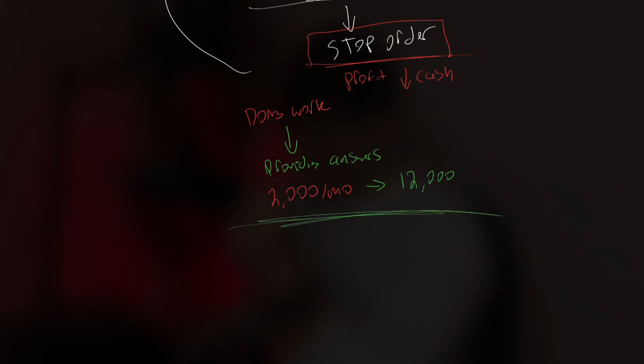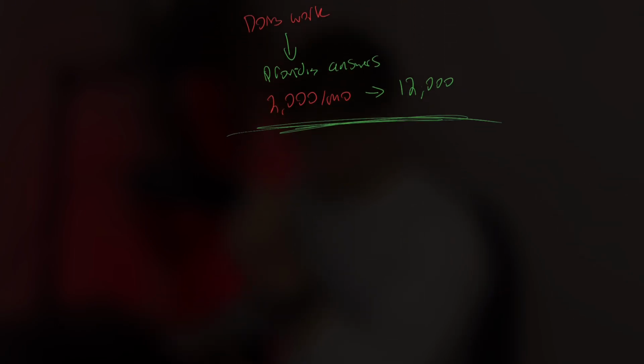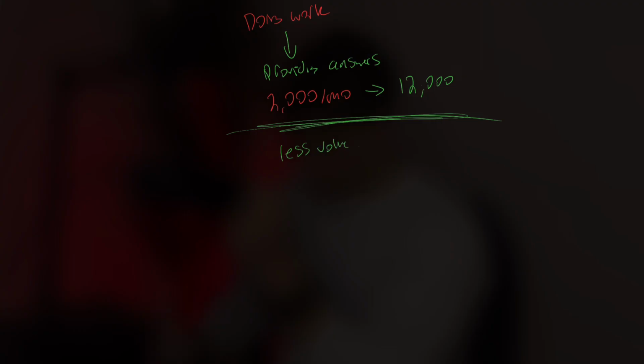Now, I'll explain why this fixed the business. How did this fix the business? They needed less volume and they got more cash for it. Because we charged this $12,000 up front, we needed 80% fewer sales to make the same money, which meant we could actually stop spending as much on ads. And it also gave us higher profit margins.